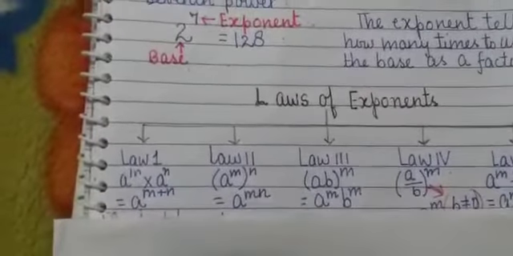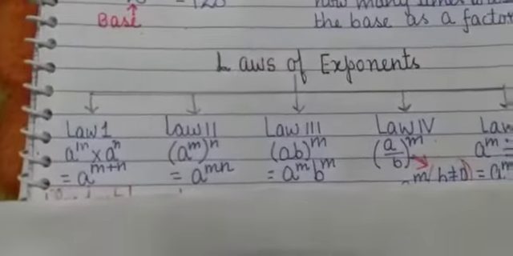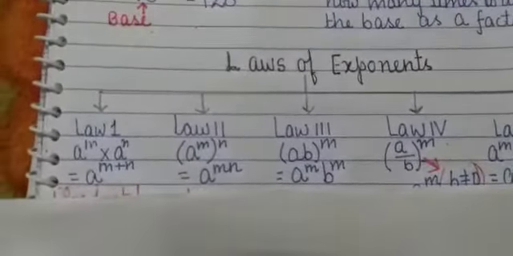Now, what does the third law say? It is ab, in the circular bracket, and what is its power? m. So when I open it, it is a to the power m into b to the power m, both, because the value inside the circular bracket is a to the power 1 and b is also to the power 1. So when I multiply 1 with m, it is m. So it will be a to the power m and b to the power m.